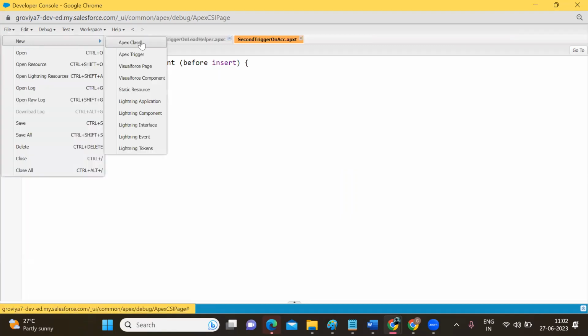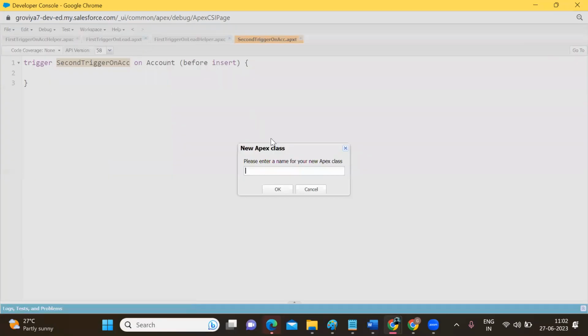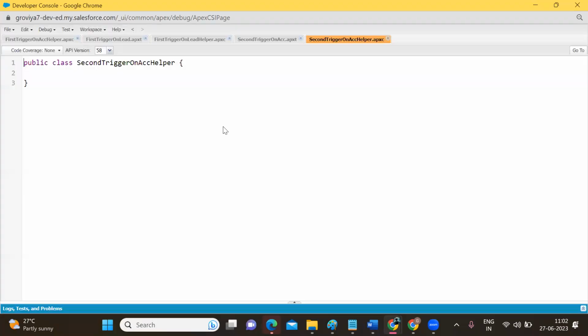So I'm going to create one helper class, and add helper as extension. Whenever you create the helper class, create one static method, public static void before insert method,